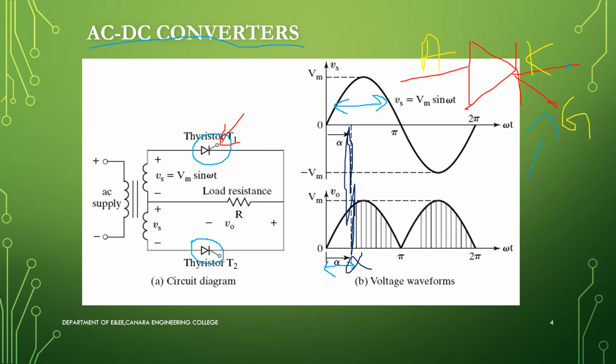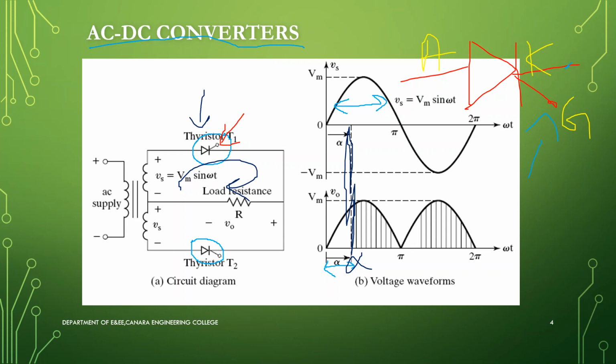When the thyristor is not conducting, there is no current flowing through resistor R. So the voltage across the thyristor will be the same as the supply voltage. Once the thyristor starts conducting, that is at alpha, the current flows through this. Then what is the voltage across the resistor? If we neglect the thyristor drop, the voltage across the resistor will be equal to the input voltage.